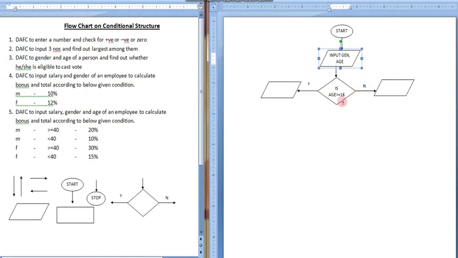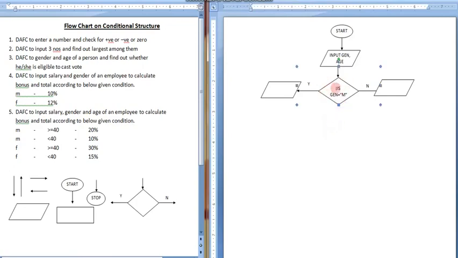Fine. So what I need to do now is specify at first whether the gender is male or not. I am specifying M for male, so that is a string data type, so I have to keep it within double quotes. Double quote in the sense that it is a string. Fine, so it has to be gender equal to M. M means it is male, so I am comparing with male at first. If the person is male, then what will happen? If it is yes, then what will happen?